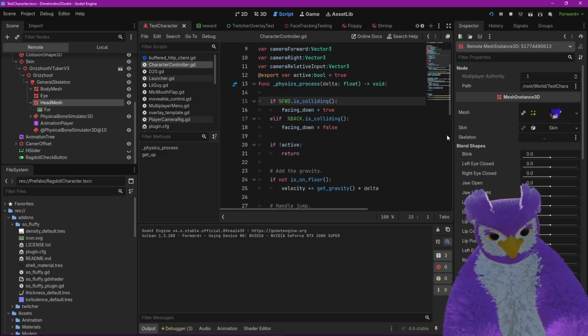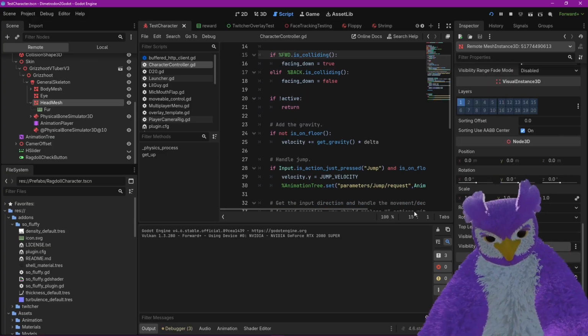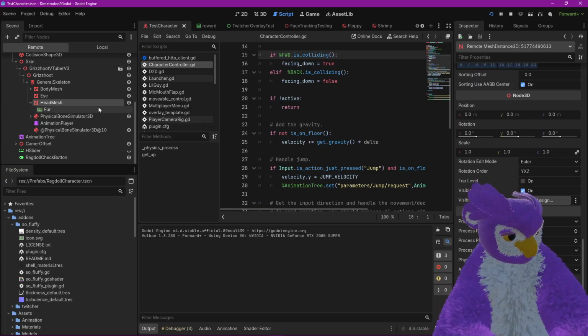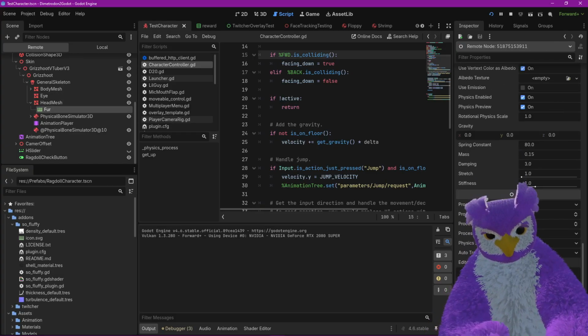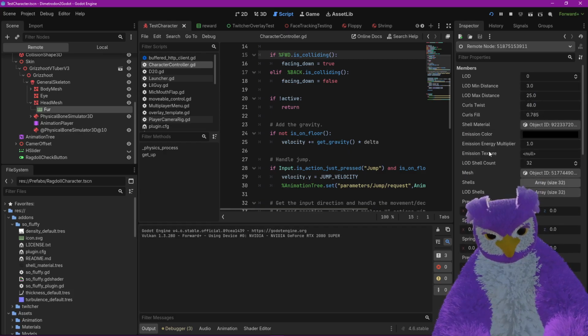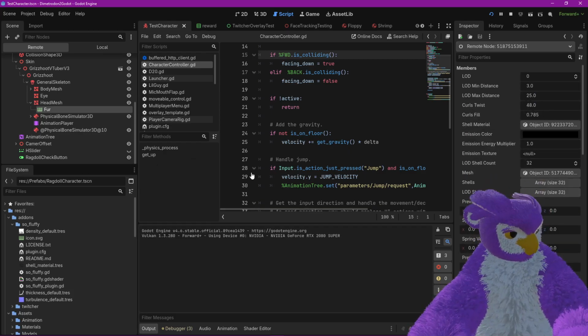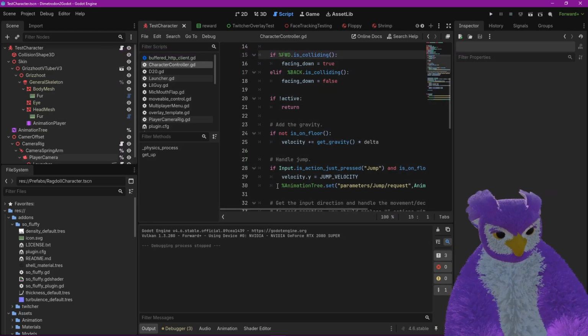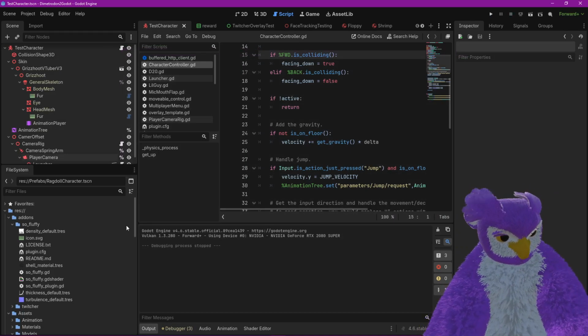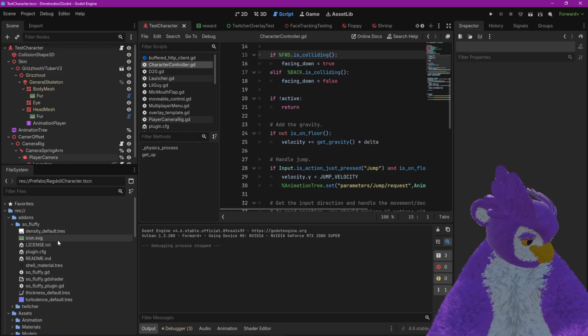So I guess it's doing it all in the shader. So I could probably go in the shader and just add a